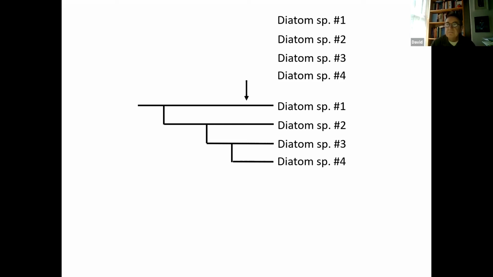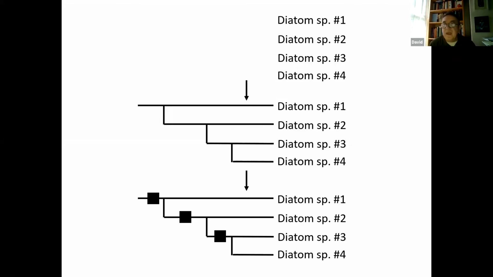In this instance, species 3 and 4 are more closely related to each other than they are to 2 and 1 and so on. Then the next step is we make a classification from that. The black blocks on the branches there, we stick a few characters in there and say, well, that relationship is supported by this and that relationship is supported by that. So the process seems to be, and I'm going to emphasize this, I think this is wrong. The process seems to be that let's work out all the species first, then let's tell you how all those species are interrelated, and then let's have a classification.